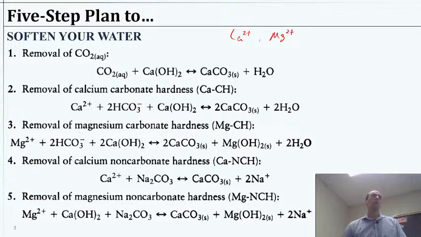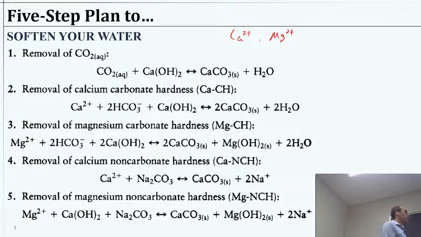Of course, there's a good chance that similar metals that behave in a similar way would add to our hardness. There's not generally a lot of them in natural systems, but there's a decent chance they would also precipitate to an extent. Okay, so calcium and magnesium are the targets, and the first thing we need to do is remove